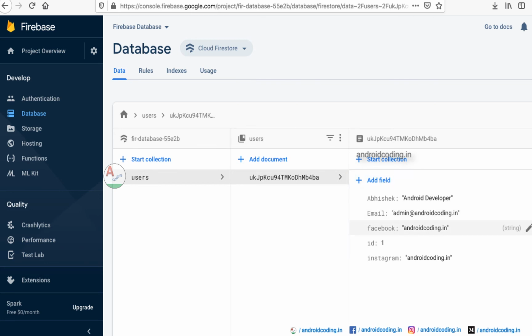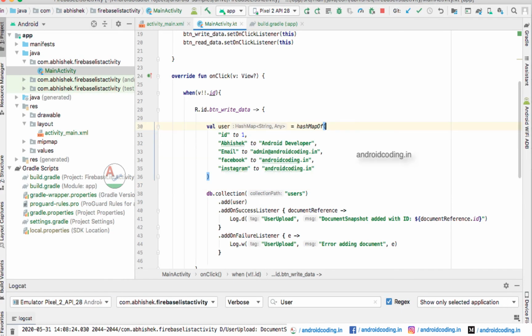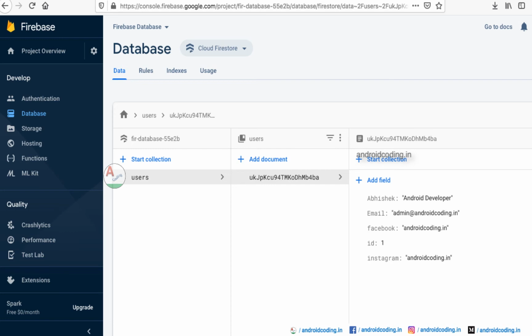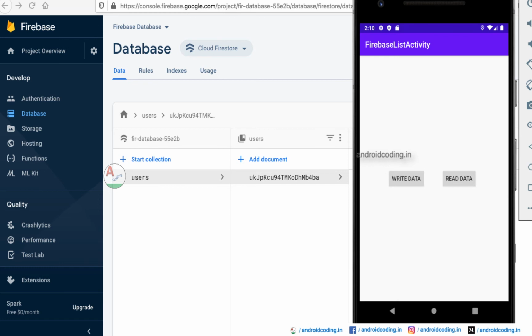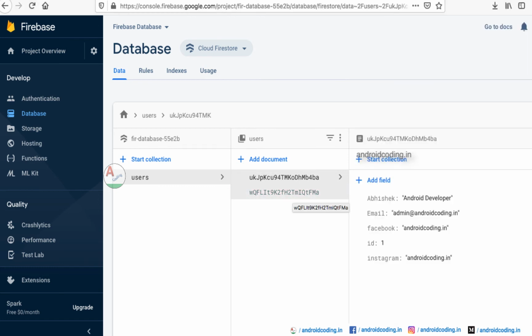So here is id 1. Let us try to add one more for your knowledge. Let's make it 2 actually, not 2, just make it Abby. And the same details again. I don't want to waste your time, so let us make it faster. Try to write again. Just you can see here another document is loaded, and when you go there id2 is loaded and your name Abhi.